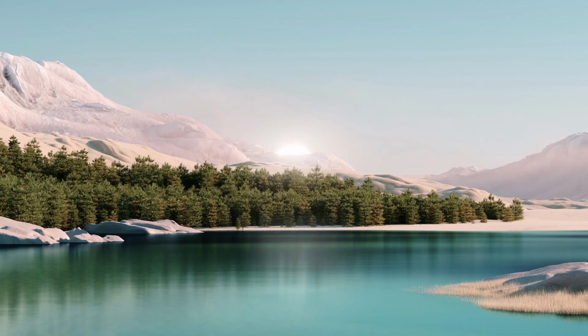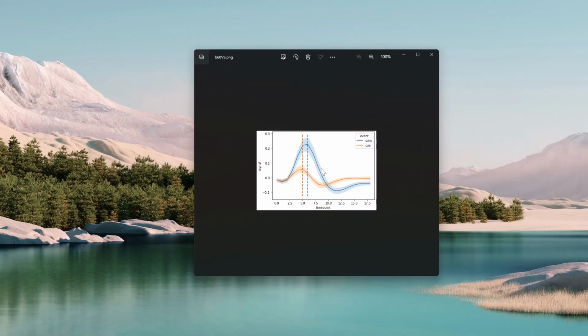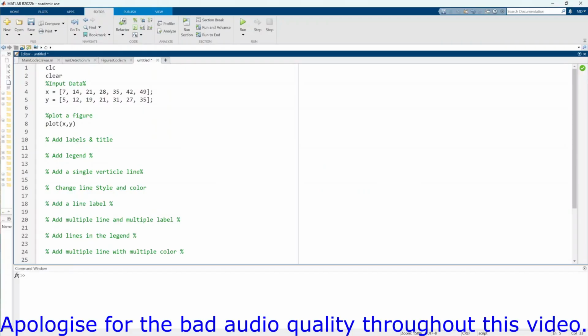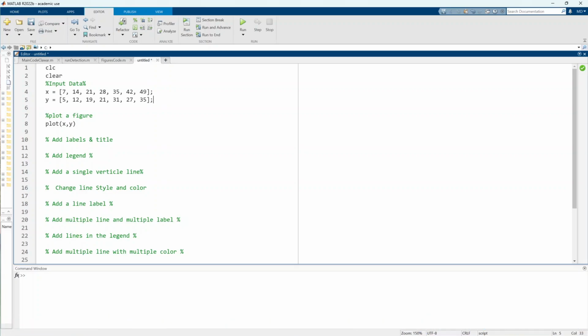Hello everyone. Today in this video we will create a simple graph and then we will create some vertical line with constant x value. First of all we will create the figure. We will look into the label and title, how to create legend, and then start with a single vertical line,